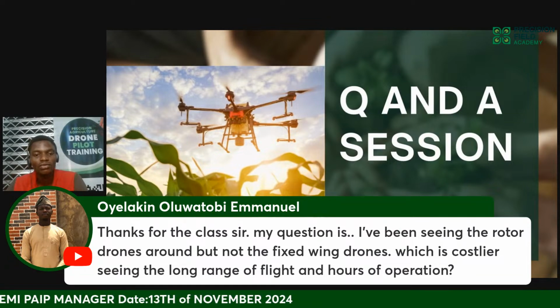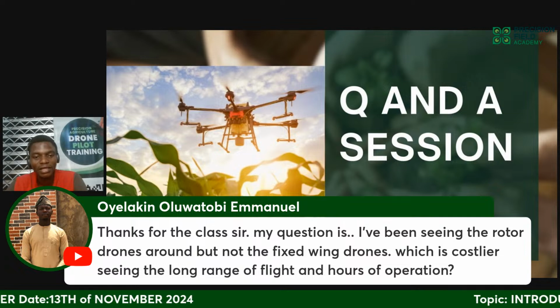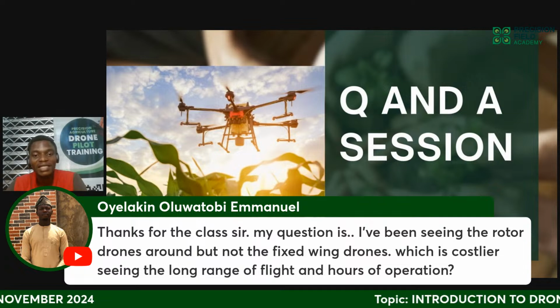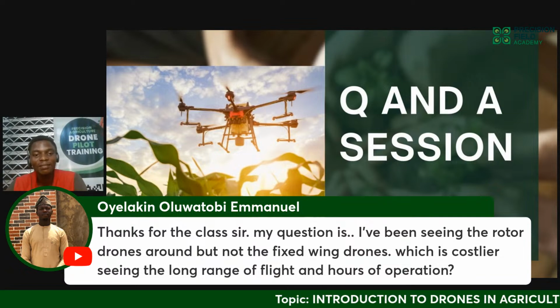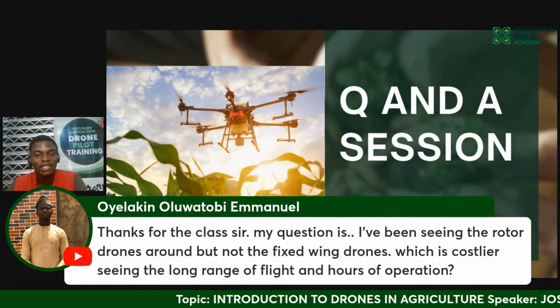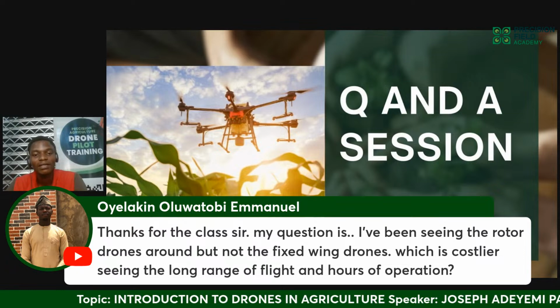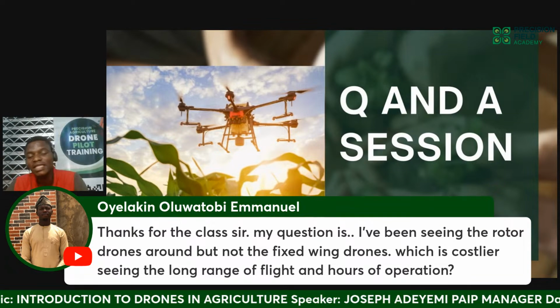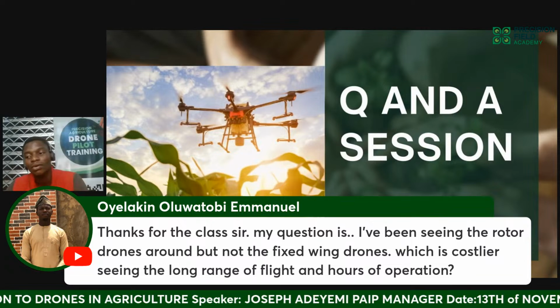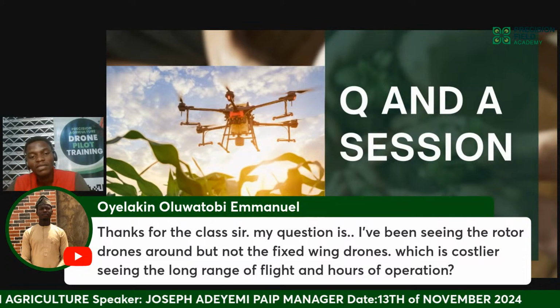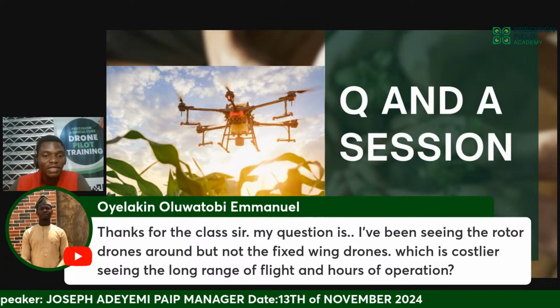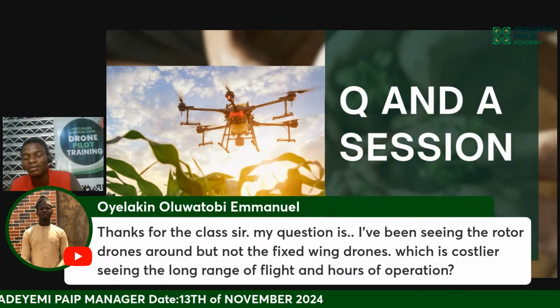A fixed wing drone gives you access to cover a large expanse of land. For instance, maybe a particular state government is cultivating a certain crop, maybe maize or cassava, or it could also be sugarcane. I mean, large scale farming now.